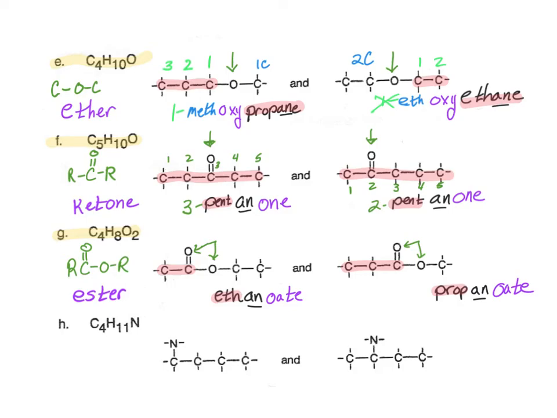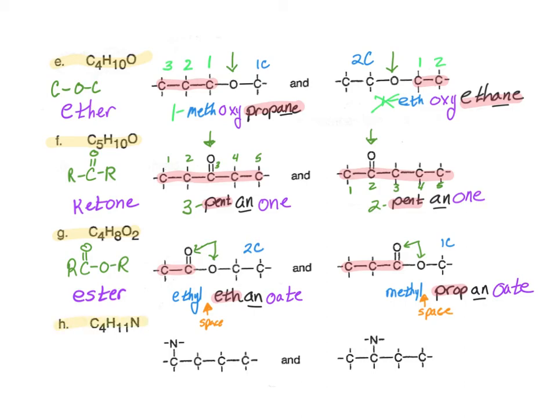In this case, we don't name that oxygen in the middle because that's part of the functional group, the C double bond O. So we're going to call this one ethyl ethanoate. And for the second one, we're going to see that it is methyl propanoate. Notice that there is a space between those 2 words because we're saying that those are separated by that oxygen. And our last one, letter H, has